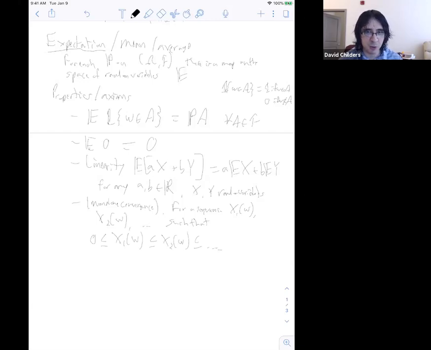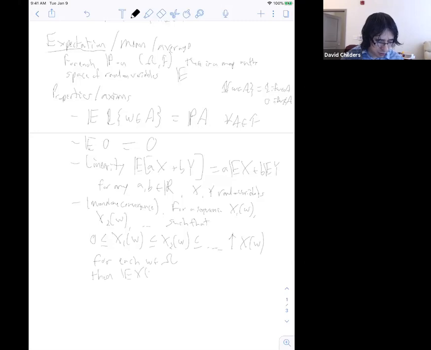So at every value omega, the value of the random variable is weakly increasing. And if these converge in this monotone fashion to some limit, which we'll call x omega, for every omega in the domain omega, then